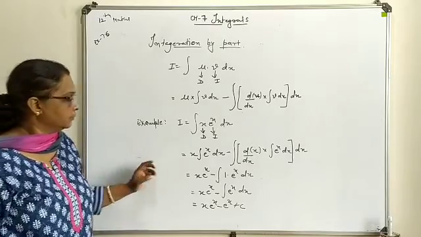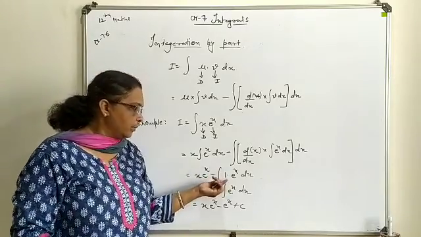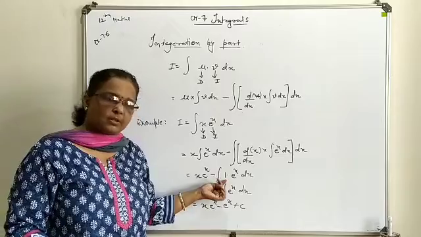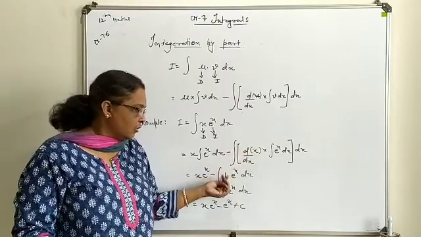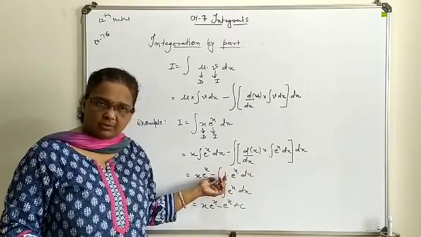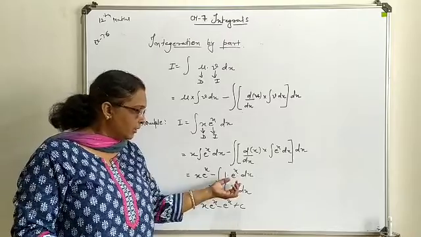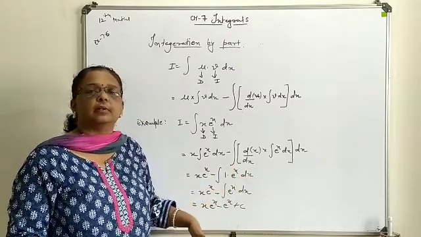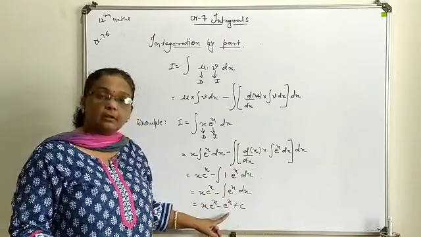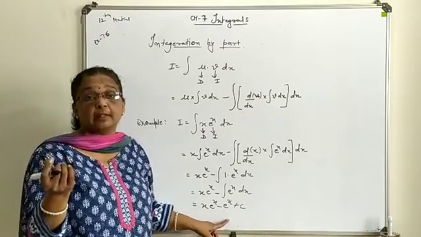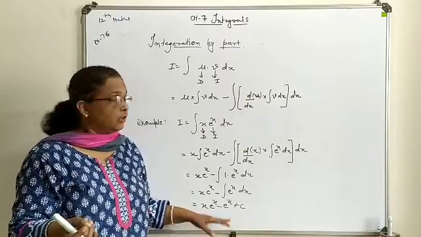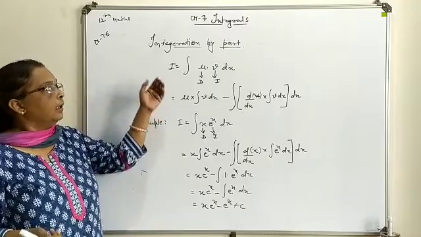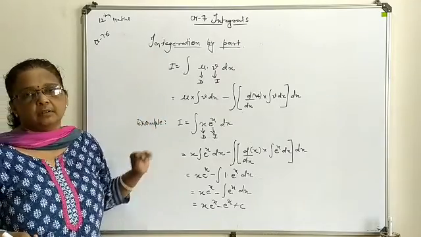Now suppose here one more term is left with you. Suppose here it is x square. So after writing differentiation, 2x will be generated. Further, after this step, the same method you will implement until you get the final answer form or a single integrating term. So this is the method you have to implement under this by-part method.